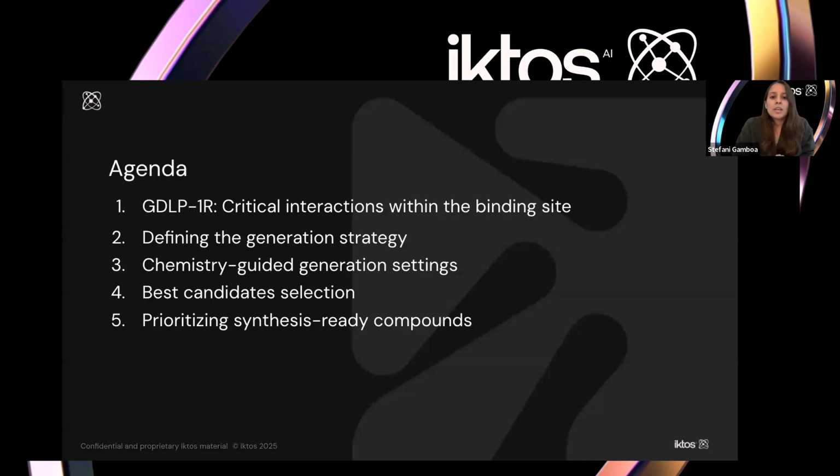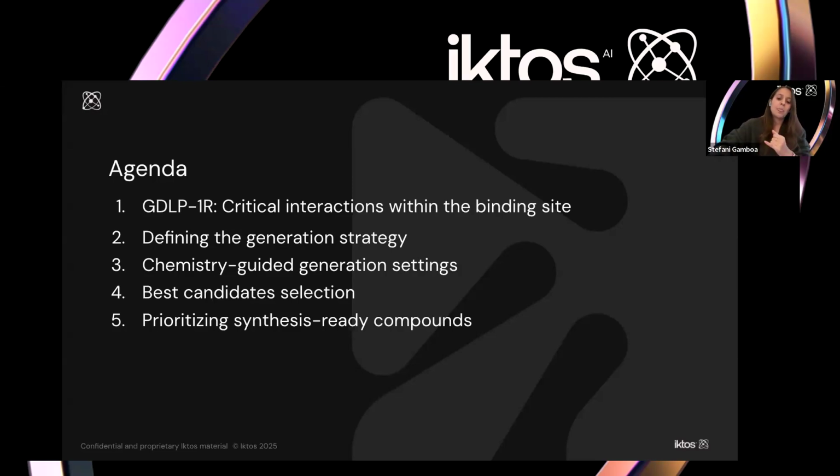We'll start by looking at the GLP-1R receptor, all the critical interactions in the binding site, and what needs to be maintained in order to design new analogs. Then we'll move into defining our generation strategy, how to decide what to optimize, and which constraints to set. After that, we'll explore chemistry-guided generation settings, detailing how we can control the efficiency of exploration while maintaining diversity. And finally, we'll review the generated candidates and wrap up with how to prioritize synthesis-ready compounds, connecting molecular design to